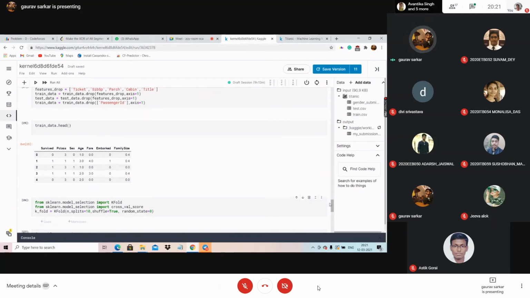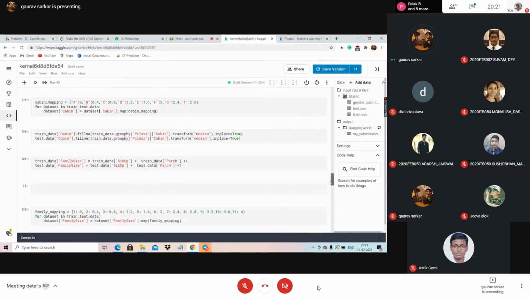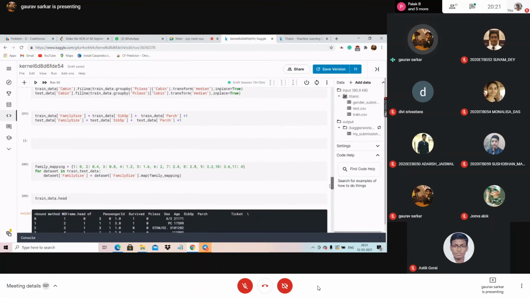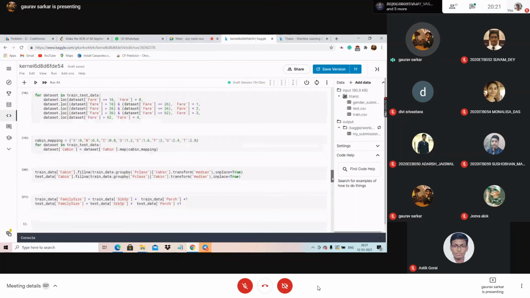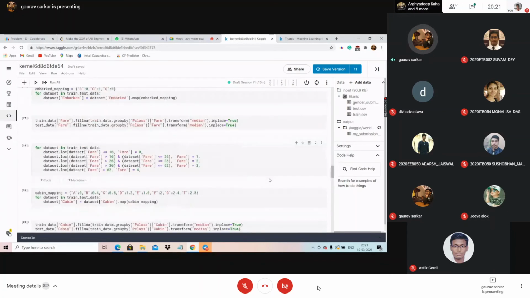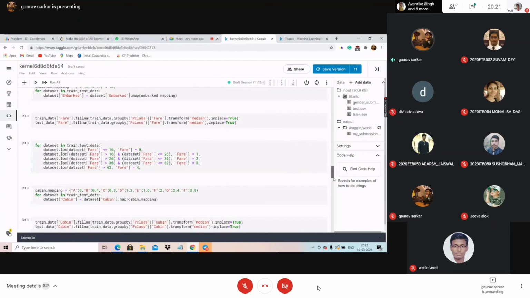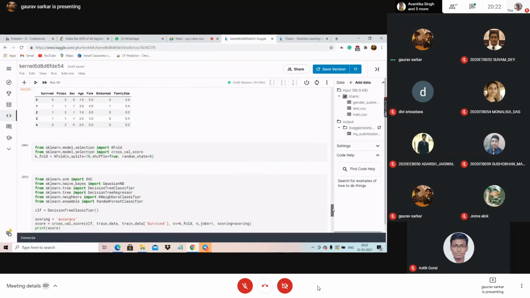All we have done in the previous step was cleaning the data. We dropped a few features. We did family mapping. Family size means finding the family size, like for a man, whether he is married or not. Various values are mapped to some values. See, there is the cabin value, then there is this fare value. We are mapping it to 1, 2, 3 like this. After all that mapping, we got this clean data set. Clear till now? Yes, clear.